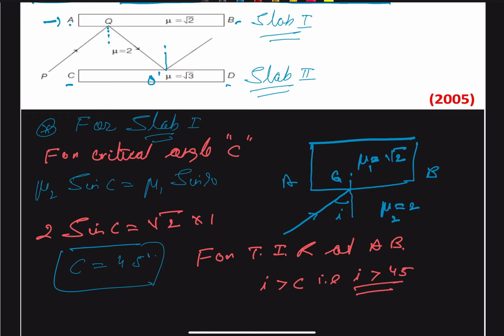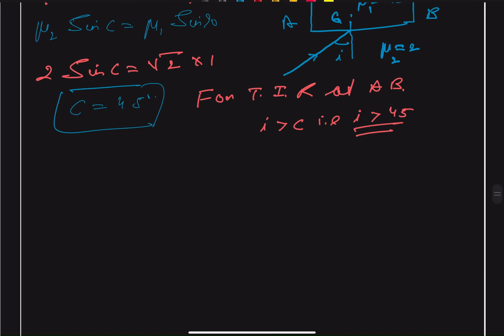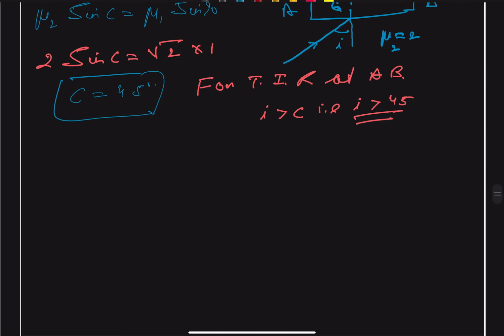Okay. And this is for only the slab consisting of AB. Now we come to slab 2. So we can write that for